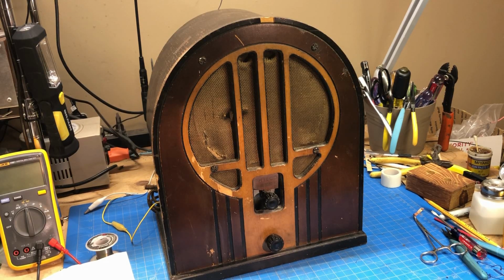It was Terry. I won't mention his last name, but Terry sent this to me. So Terry, if you're listening out there, if it looks like it's going to be restorable, I'm going to send it back to you. So you might as well get ready, unless you come and force me not to. So, all right, let's